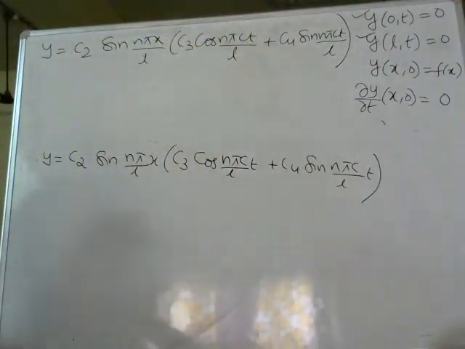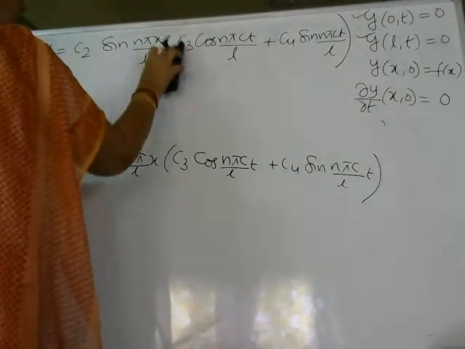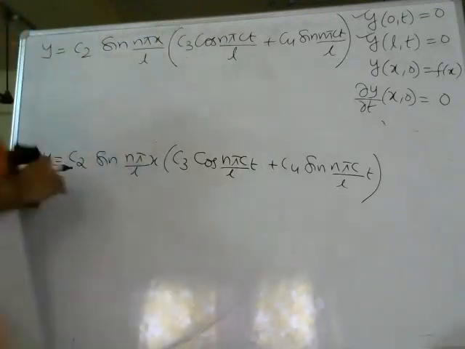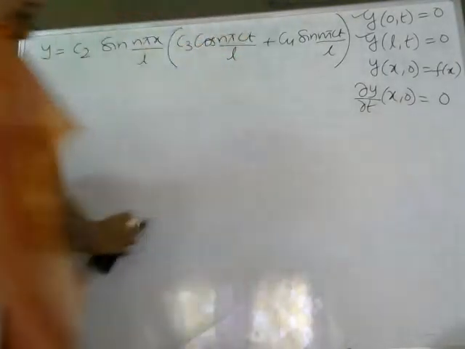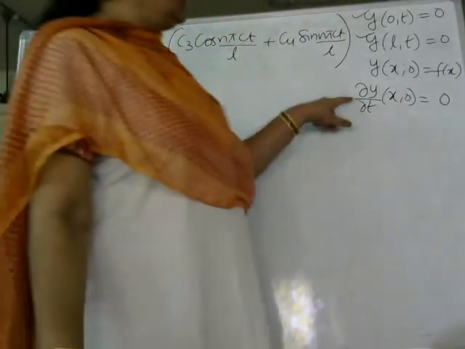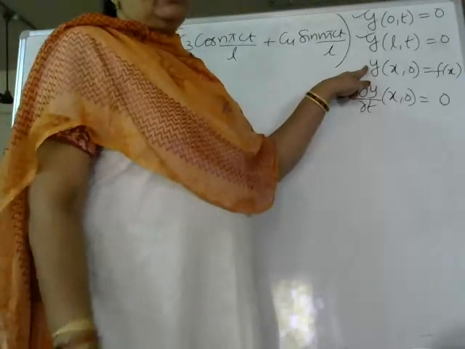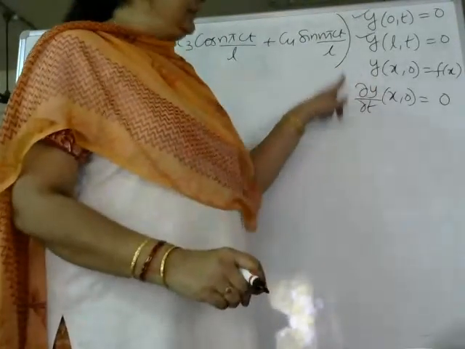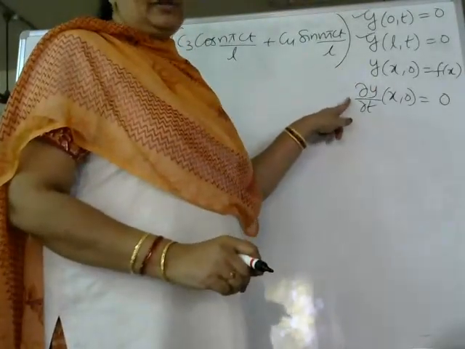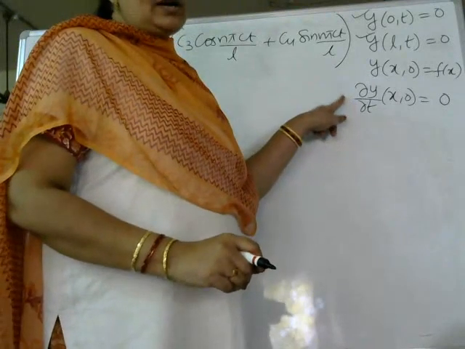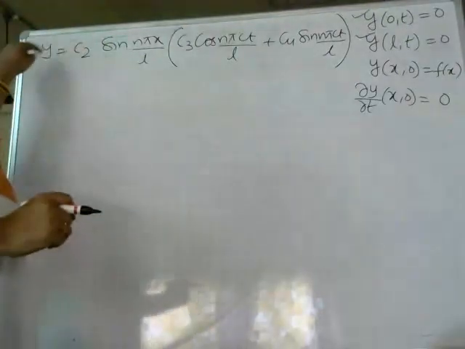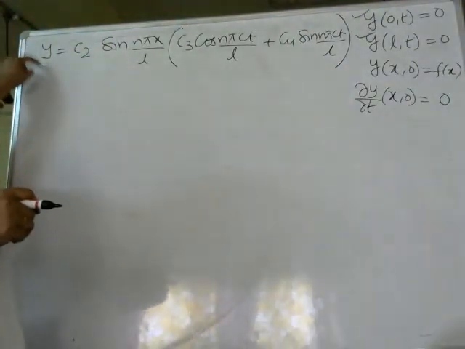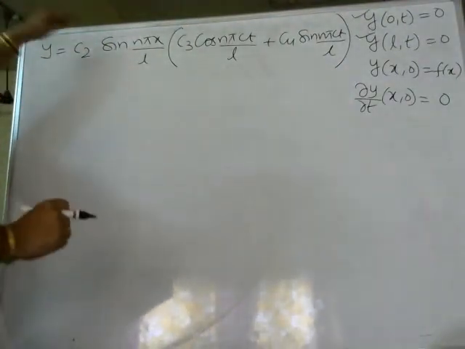So in this, we are having two more conditions. Two conditions on x already we have done. Now we have to substitute two more conditions on t. You can observe here that for two t conditions, one condition is a zero condition, the other condition is a non-zero condition. First we'll have to do whichever value is making zero. Zero condition only first you have to substitute. What is the zero condition we have? Dou y by dou t is equal to 0. So we have here y. So for this, first we calculate dou y by dou t.